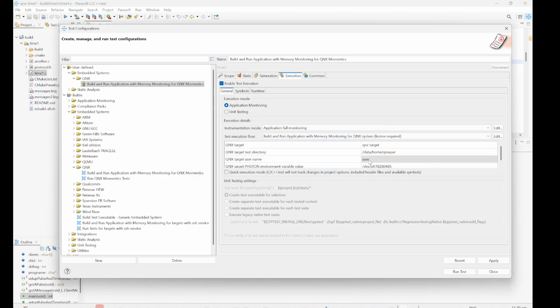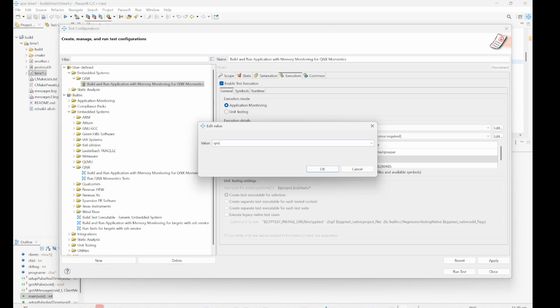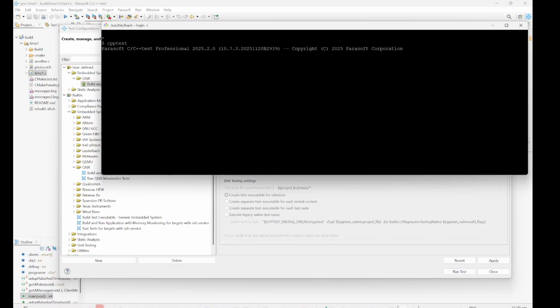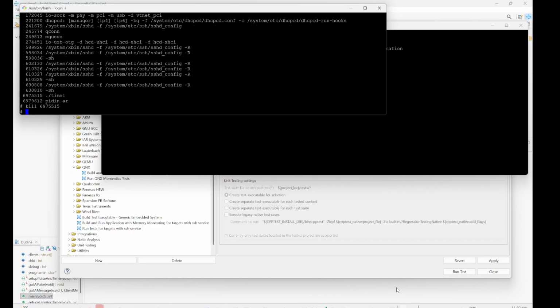And QNX user. So I set this thing into my SSH. Let me explain so that you will not be confused. See, in my SSH config